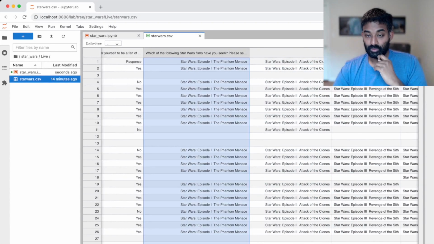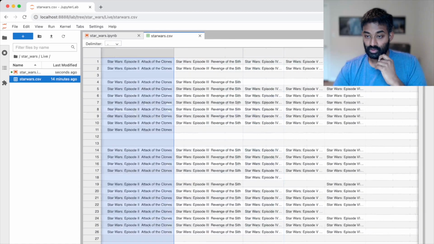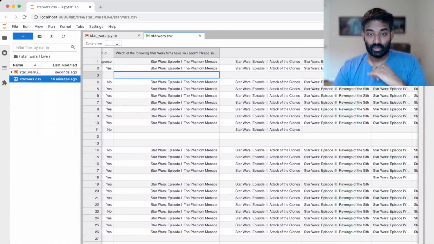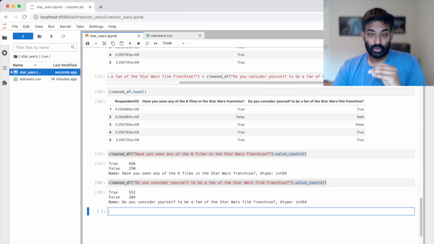So this column indicates if they saw episode 1, this indicates if they saw episode 2, and so on. So if it's blank, it means they didn't see it. If it's not blank, it means they saw it. So that's how we'll work with these columns. All right, so what we need to do is actually convert these to true-false columns as well. And the way we'll do that is to, again, pull some of these columns over into our cleaned data frame. So the way we do that